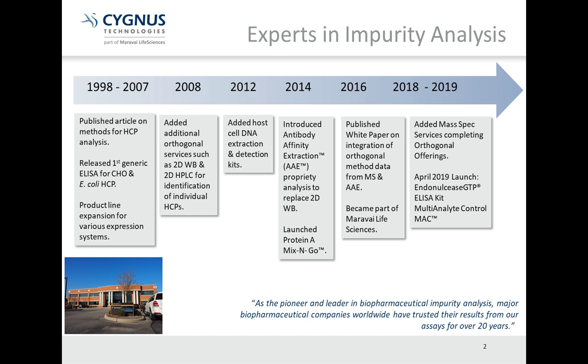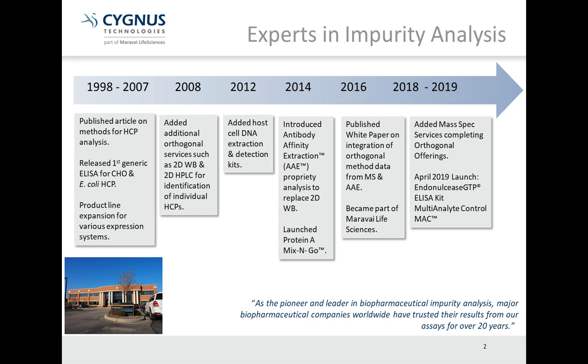First, a brief history of Cygnus Technologies. We became involved in HCP analytics in 1998 with the publication of a white paper with our idea of how to monitor HCP. In 1999, we launched our first commercial CHO and E. coli host cell protein kits. We spent much of the early 2000s expanding our menu of generic kits to cover all of the commonly used